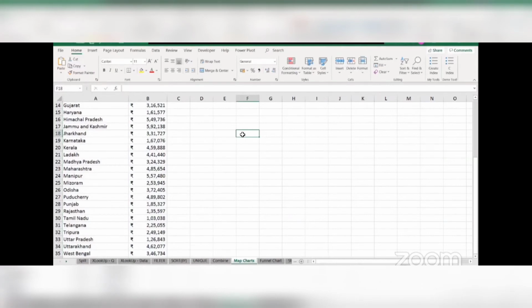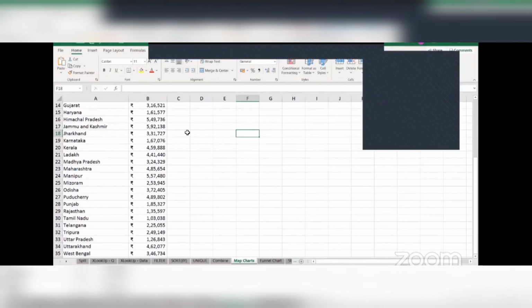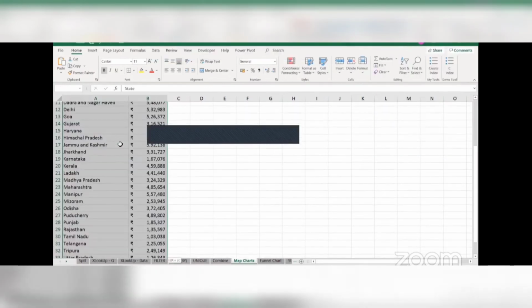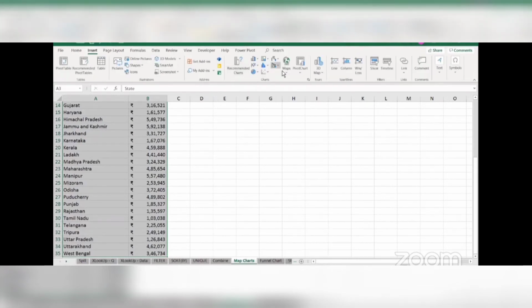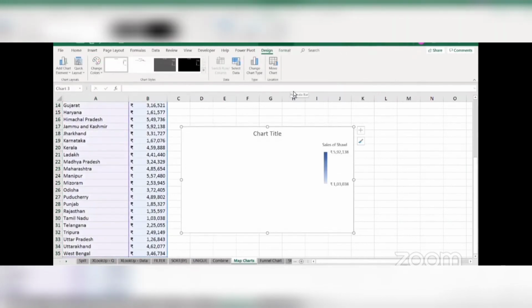So what else is the option that I have here? The option that I have here, which was introduced in Excel 2019, is the filled map. Now, people who are familiar with Power BI, Tableau, Google Data Studio, you all know how a filled map works. And that is the exact same thing that is introduced in Excel 2019. So let me show an example of that here. I will select my entire data again, go to Insert, and there I have the option of Maps. Click on Maps, and there you have the option of a filled map. Select the filled map, and you will have a map of India inserted here.